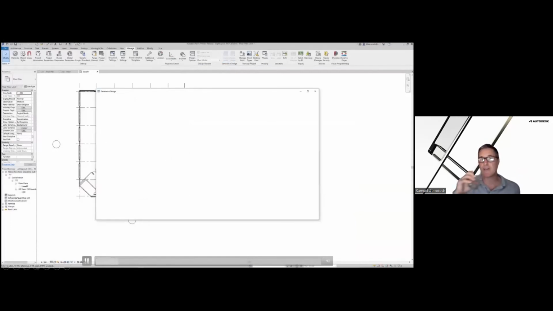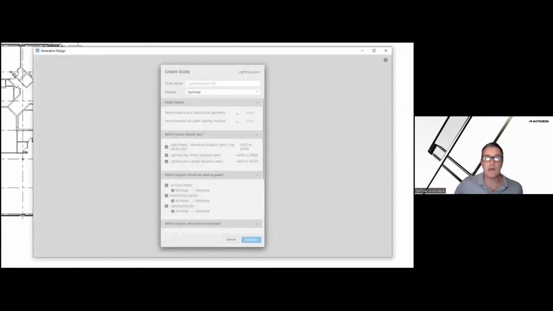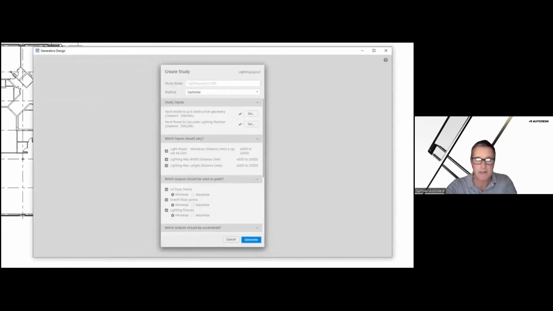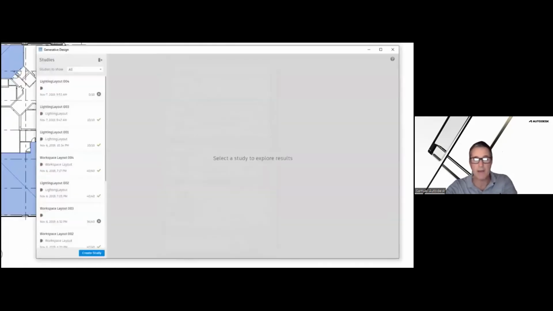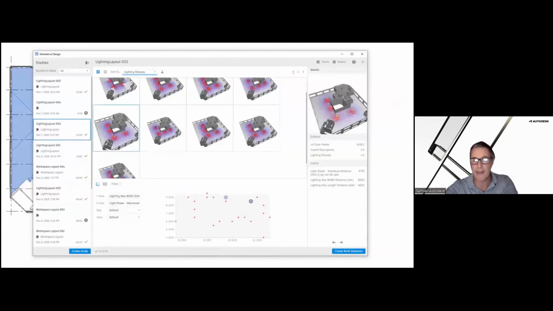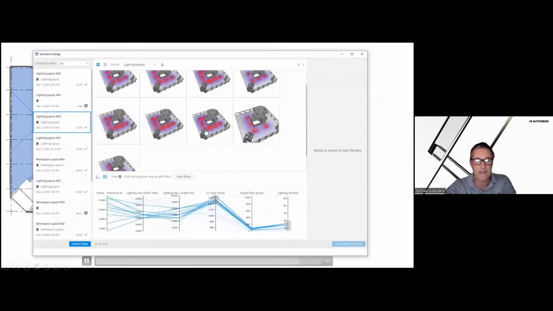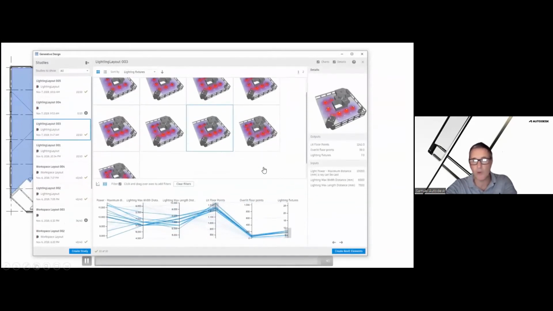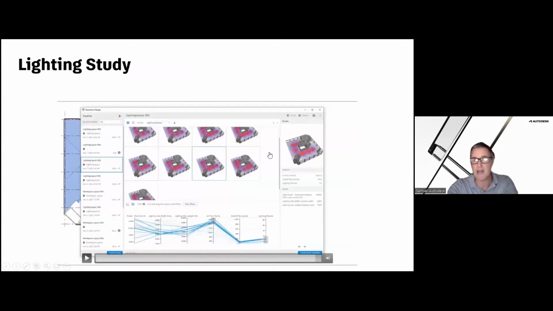The final one here looks at artificial lighting. So this is where we look at certain illuminance values that we want to meet. We want to be able to lay out those light fittings in our design and then ensure that we can illuminate the space accordingly. So you'll see here the options for the lighting locations. We also have points on the floor, like light meters, to actually measure that information. And this will start to tell us what might be the best lighting solution for this particular office layout.